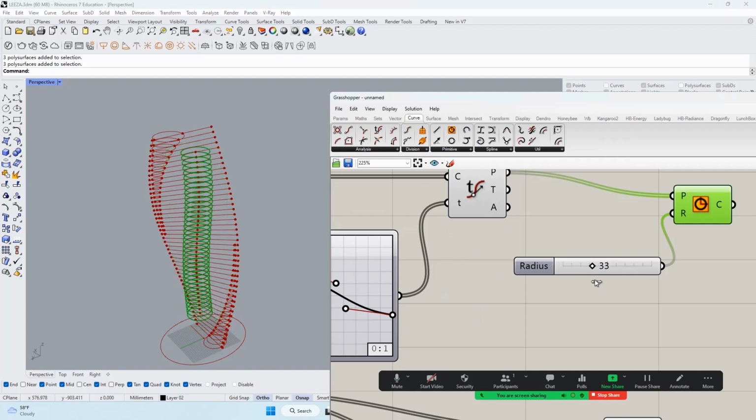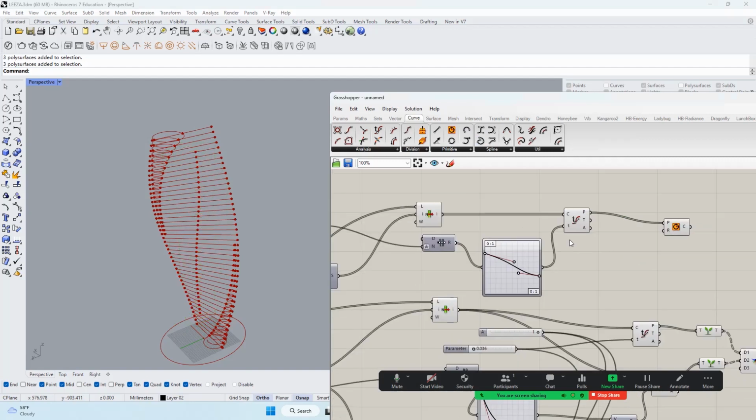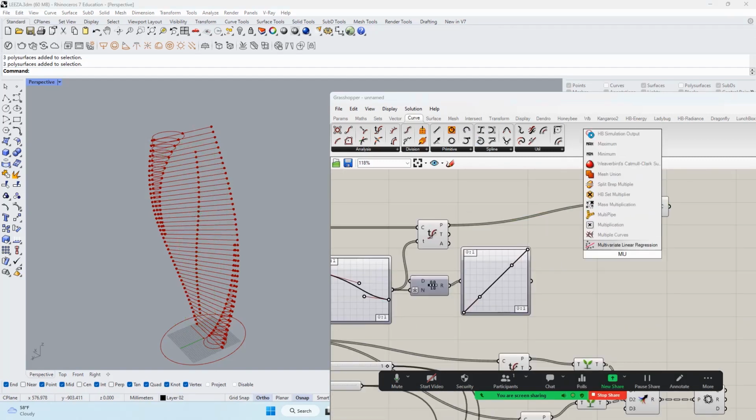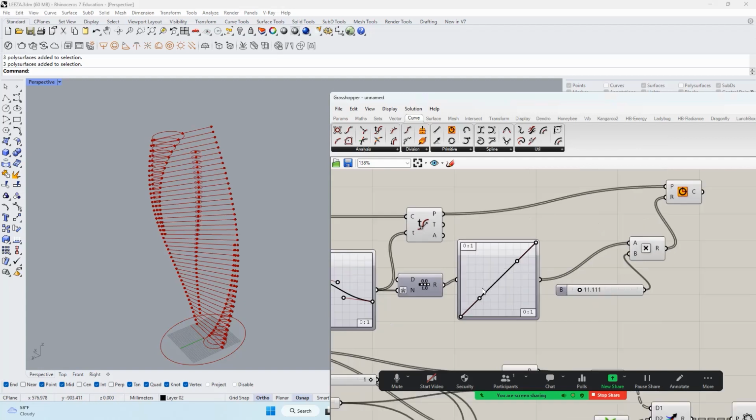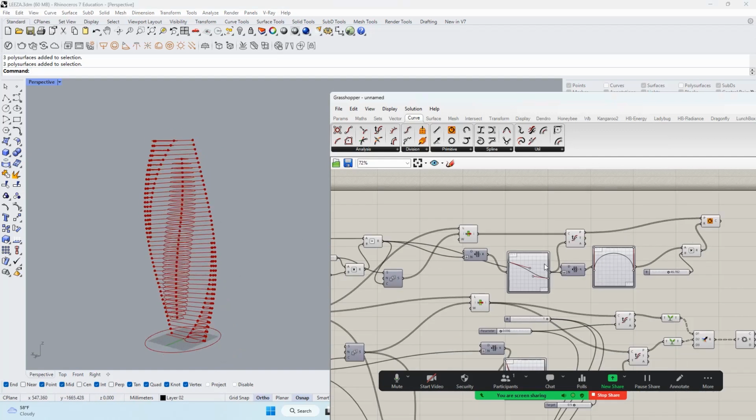Okay, so you can see that we need another graph mapper to control the radius. We want something like bigger in the center and smaller on the end. Okay, and right here,